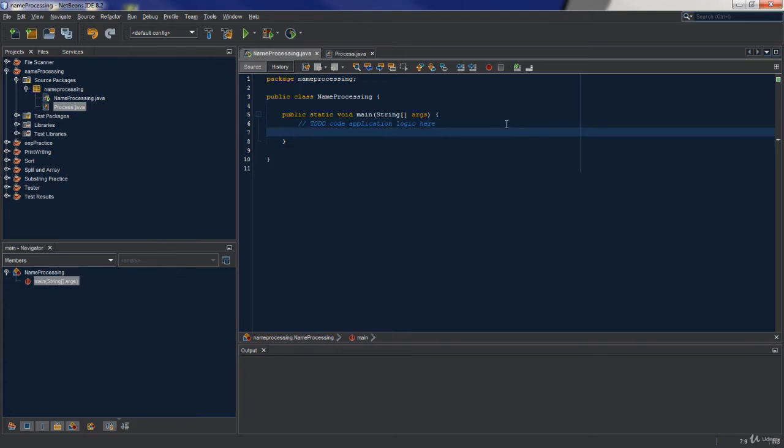So we just call the class name, Process. Let's give it a variable name. So I'm going to say name equals new Process. Now that we have created our object, we need to create a way for the user to enter a name. So that's String